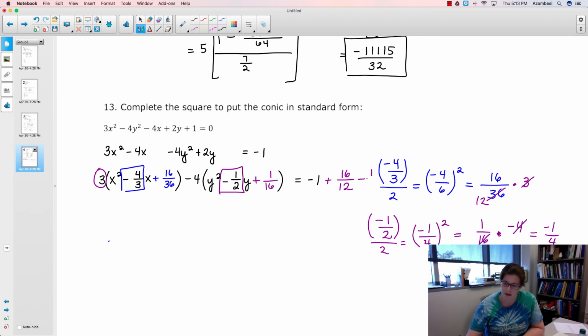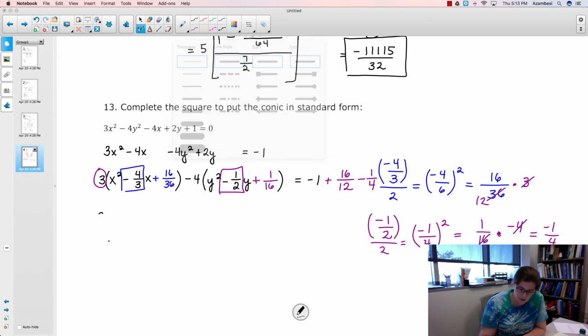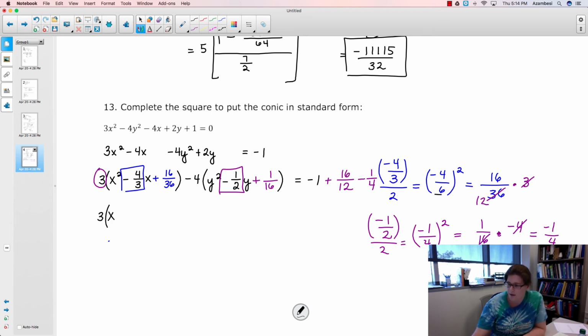So what I do to one side, I have to do to the other. Alright, completing the square part is done. Now I factor. So I have x minus whatever it is I squared, so minus 4/6 or minus 3/2. Oh, that's not 4/6. Let's do that again. Minus 2/3 squared, and then minus 4, and y minus 1/4